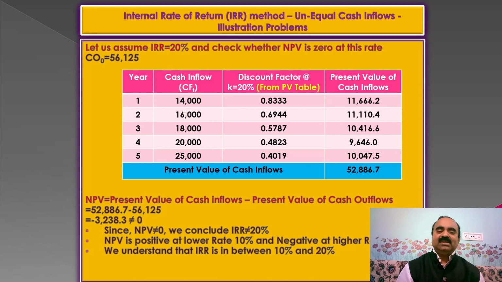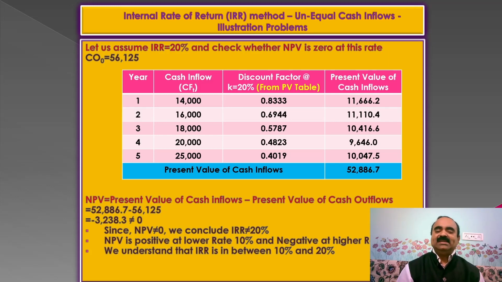I had shown CO0 is equal to 56,125 on the top of the table, and here I had taken a 4-column table consisting of year, cash inflow, discount factor K is equal to 20%, and in the 4th column I had taken present value of cash inflows. Here I had taken present values from PV table at K is equal to 20%. Those values are